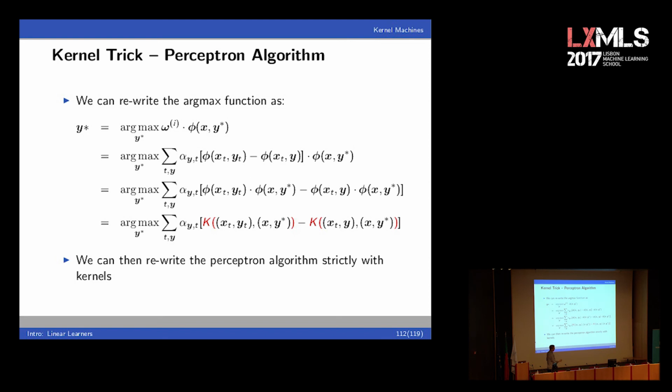And this is where nicely our comparison between examples comes into the algorithm, right? So we have to compare the good example to the new one and the mispredicted example to the new one. And we see we have a dot product here and a dot product here, and we can replace this dot product by a kernel. And all of a sudden we have a perceptron algorithm that uses not weights, not the primal representation of weights times features, but a dual representation where the weight is expressed by the number of times I basically